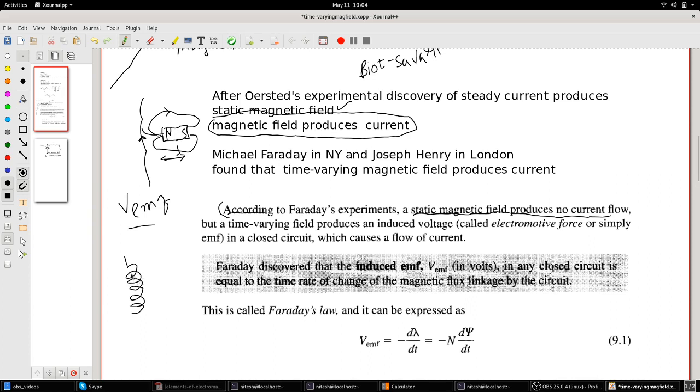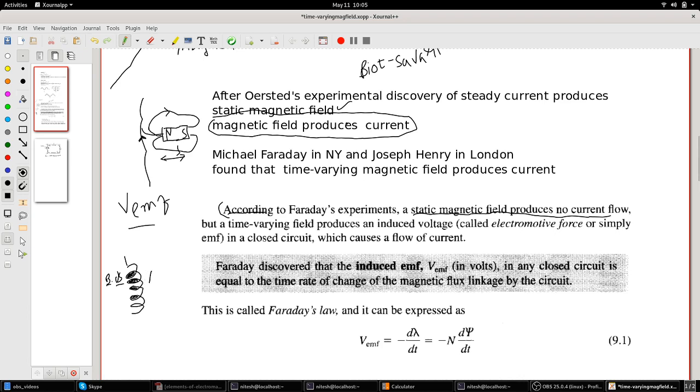So this is a magnetic flux, right? Whenever there is a field generated, this field multiplied by the area of this closed loop is your magnetic flux. Now the rate of change of the flux is given by B dot dS. Whenever there is a change in B or a change in the area, there will be a change in the magnetic flux. The rate of change of this magnetic flux is directly proportional to the induced voltage.